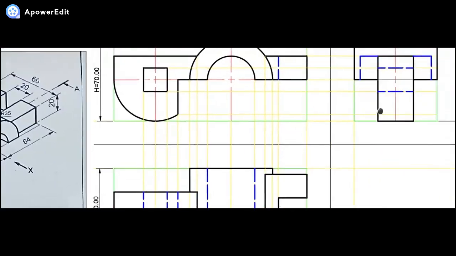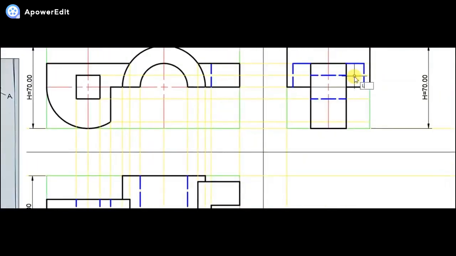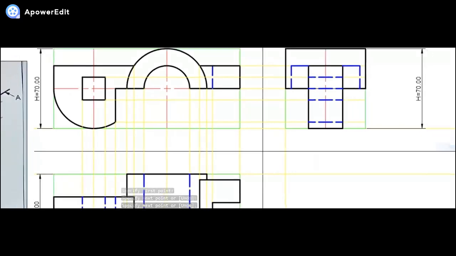So this has to be drawn as a hidden edge definitely, so that we should not get confused. Once we are done, this particular edge is again a hidden edge over here like this. So friends, up till here, we have completed the LHS view.